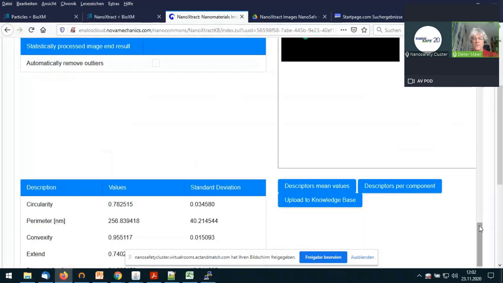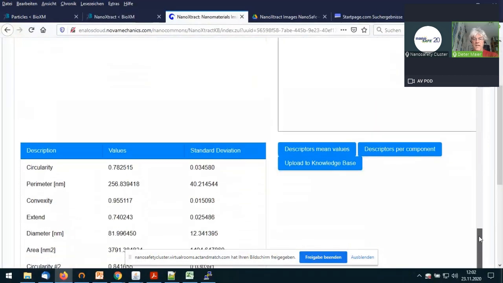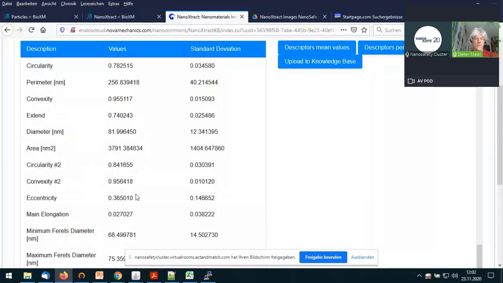The only difference really is that at the bottom, where you have the results of your image analysis, you have a button, upload to knowledge base. That only works if you really come from the knowledge base, because the tool has to know where the image is coming from and what it's talking about.